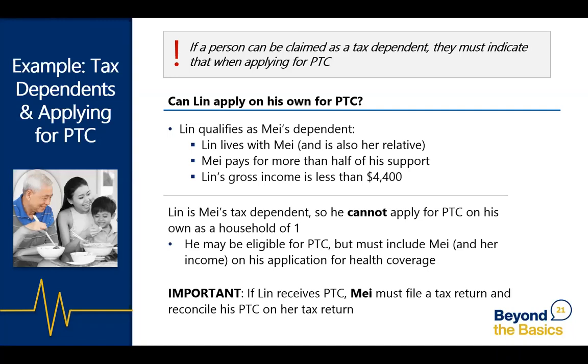Lynn qualifies as May's dependent. Lynn lives with May and is also her relative. May pays for more than half of his support. Lynn's gross income is less than $4,400 a year. So Lynn is May's tax dependent, so he cannot apply for PTC on his own as a